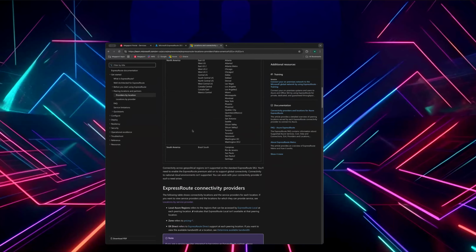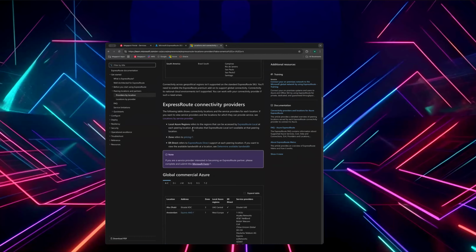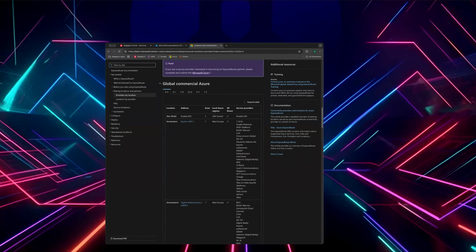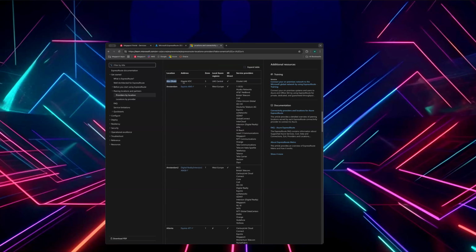So looking at the global commercial Azure location. You can see here, ExpressRoute POP is the location name. Within the docs, you can see it provides the data center where the ExpressRoute POP is located, the local Azure